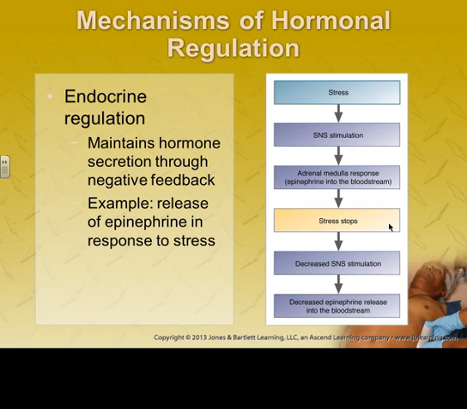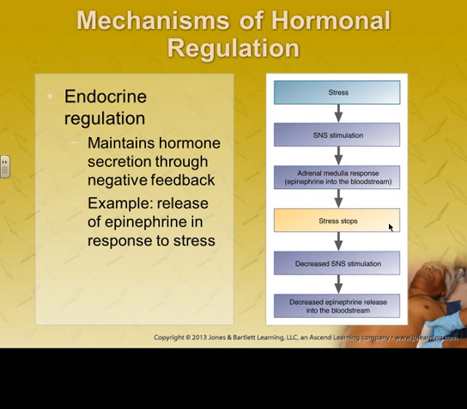So it works through negative feedback, like a thermostat. It gets hot, we bump the thermostat down to cool it off. It gets cold, we bump the thermostat up so that it'll quit working, right? The example they use here is the release of epinephrine in response to stress. You have your stress. What's activated? Your sympathetic nervous system. The adrenal medulla,